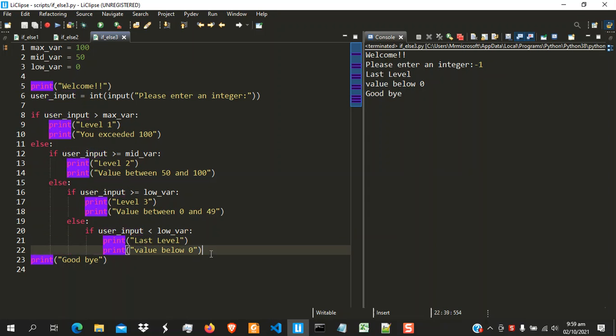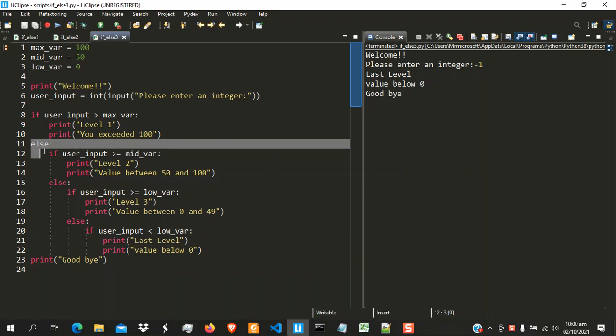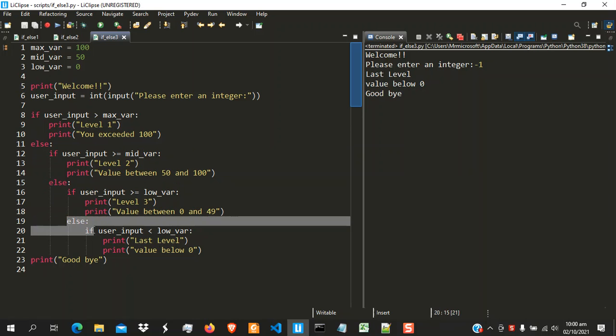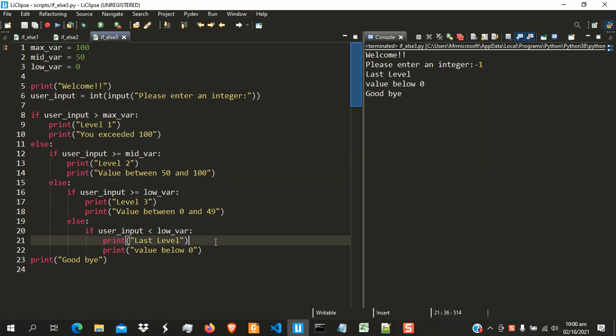Now, as you can see, we haven't used the elif. If you're very keen, you will discover some kind of else if here, else if here, else if here. In Python or in programming in general, the people who design the programming language realized that this combination of else if is very common, where you have an else and the first statement under the else is an if. So instead of going into deeper levels